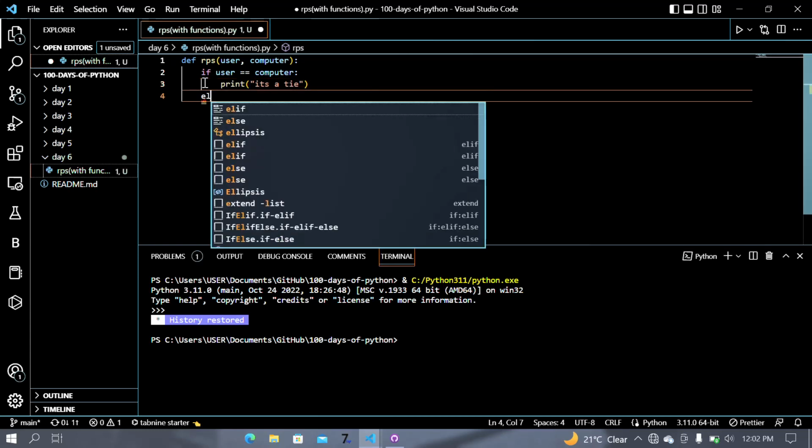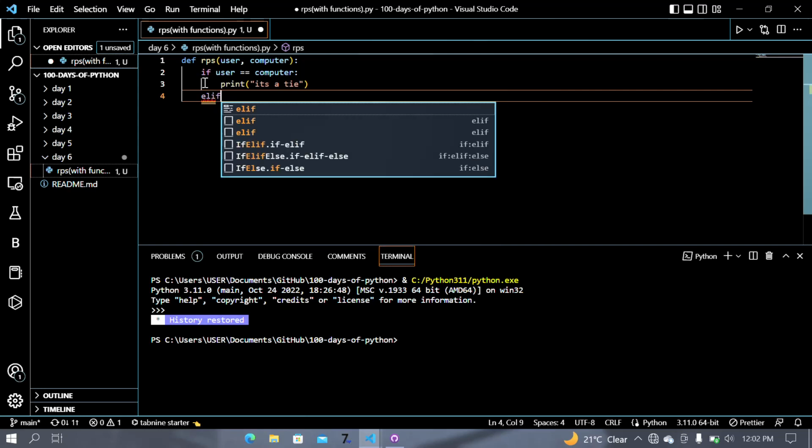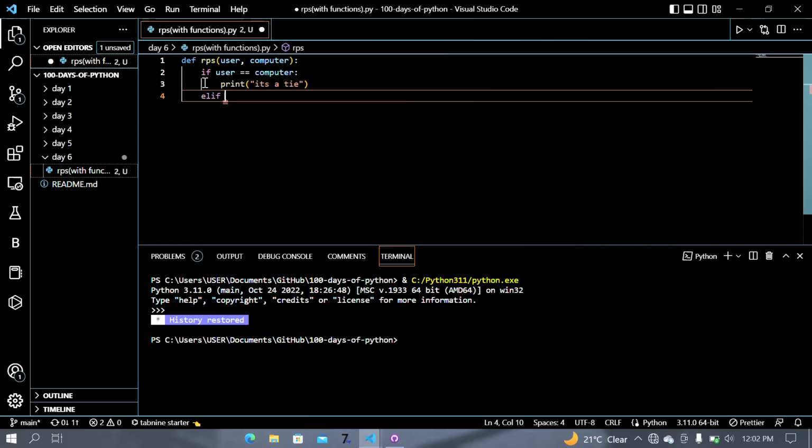Now elif, if you remember working with if statements. Elif, now we're going to test for two things here, so we're going to make use of and. We're going to say if user is equal to, let's say, rock,